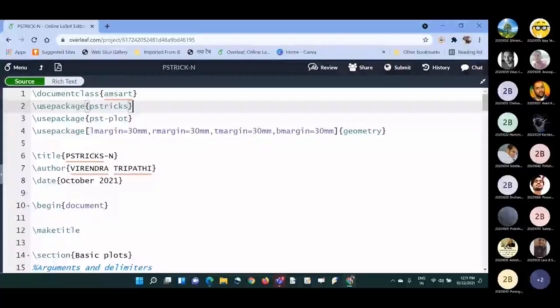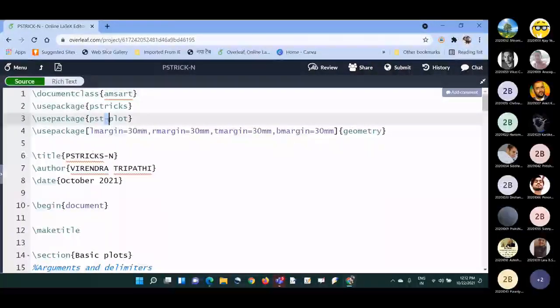And then this package, pstricks. This is necessary if you are using the PSTricks package for plotting some function or drawing some shapes. And this package, pst-plot, is used for plotting functions.